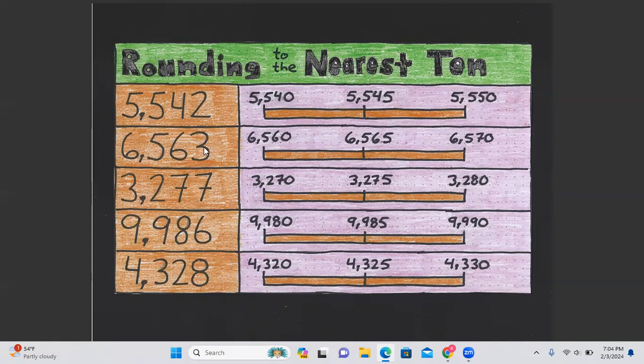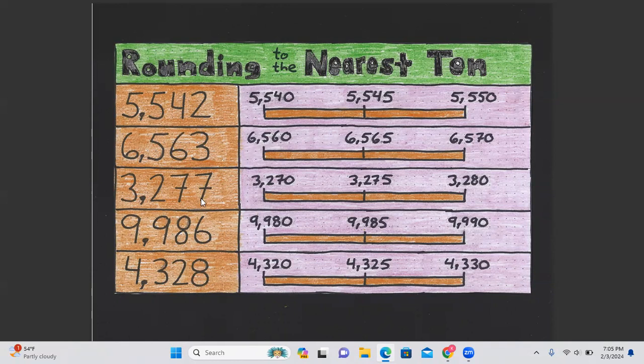6,563, and we'll look at the 3 since it's in the ones place, and it is our indicator whether to move up or down as it relates to rounding. And as we know, 3 is less than 5. So we're going to have to round this number back down to 6,560 because we know that 6,563 is on this side of the number line or on this side of the bar. And so we're just going to round it right back here to 6,560. And so let's take a look at